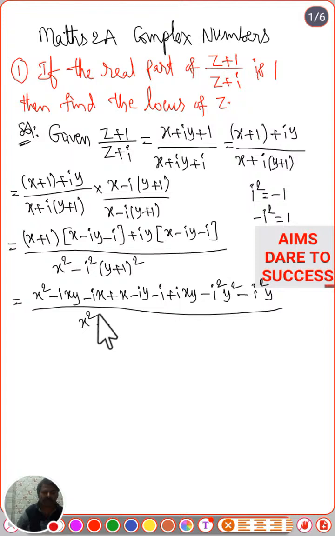So I am writing plus into plus (y plus 1) whole square. Here this part is x square, minus ixy plus ixy cancelled. Next minus i square value 1, so plus y square. Next minus ix,